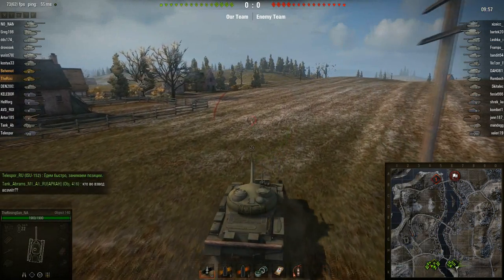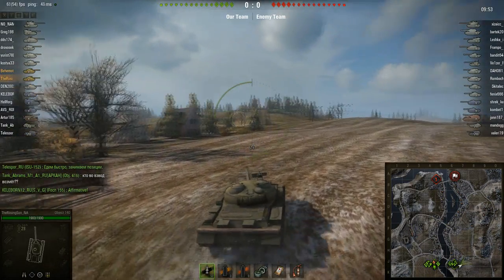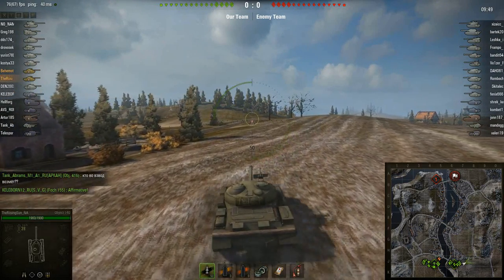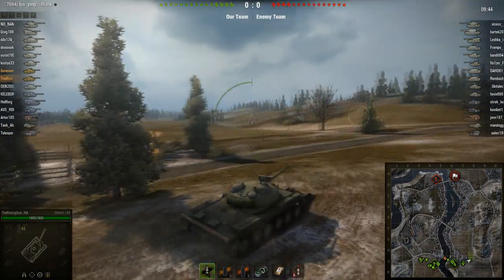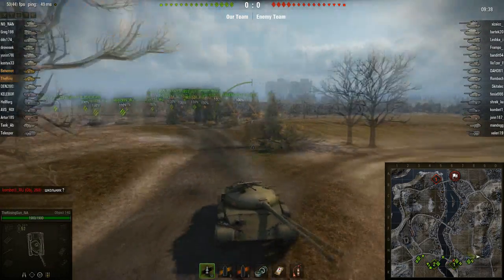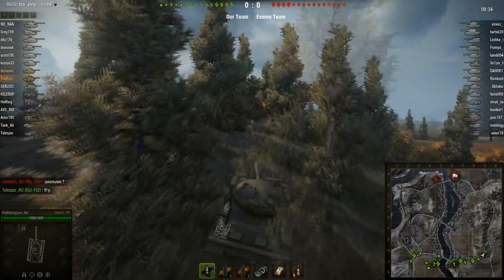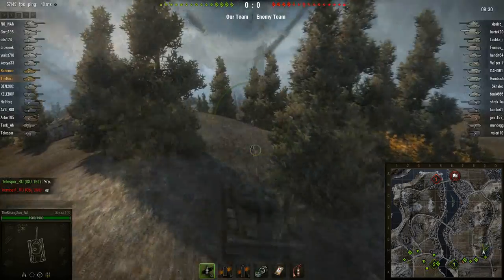We then move on to the tier 10, the Object 140. And this tank, I've been told that it's a lot like the T62, basically the same thing, just with a few stat changes. So the people who already own the T62A will be able to get a look at it here. To the people who don't own the T62A, it will probably get a review in the future, but well, no real...